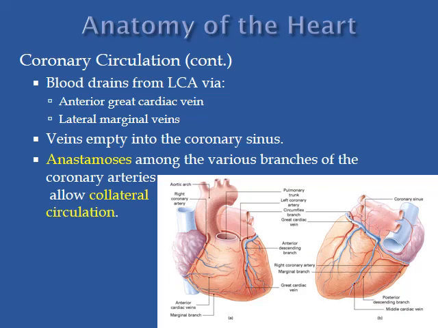Anastomosis. Remember this. Anastomosis among various branches of the coronary arteries allows for collateral circulation. Sort of like the circle of Willis in the brain. The brain can always get blood if one artery is blocked. The same thing happens in the heart, and that's via